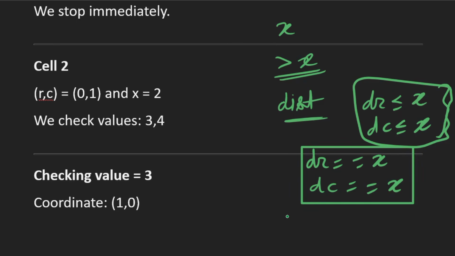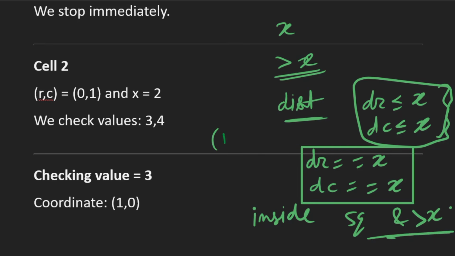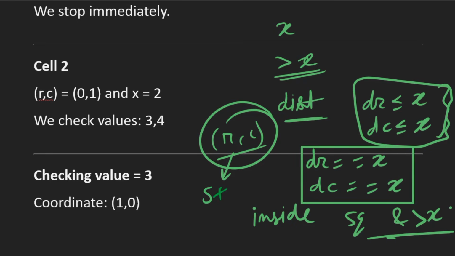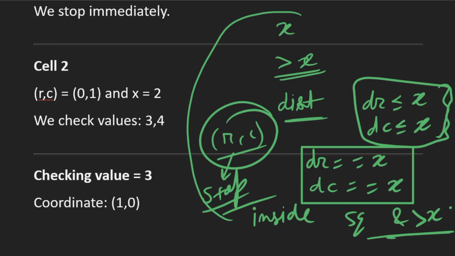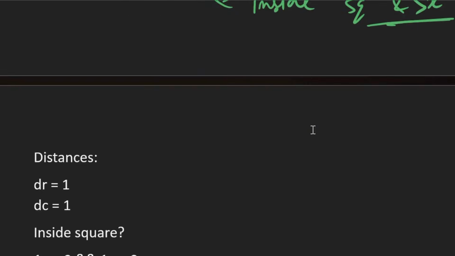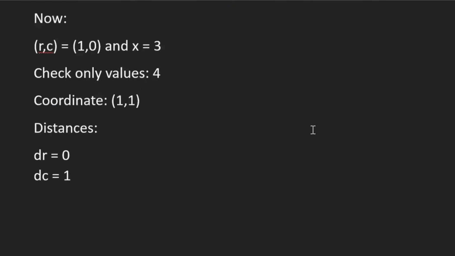Else we have got a cell that is present inside the square and whose value is greater than x, so now our current cell, that is r comma c, is invalid. So we stop at this point. This way we check all the cells, and then count the total number of cells that are local maxima. So let's move to the code part.